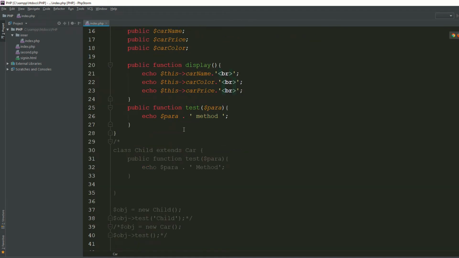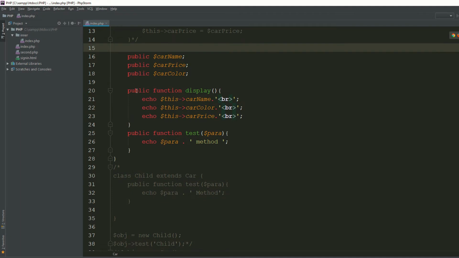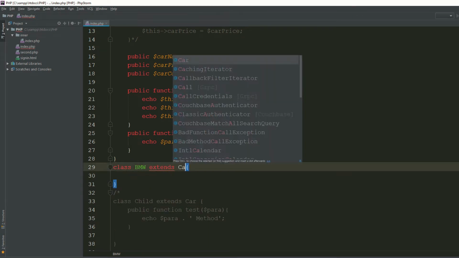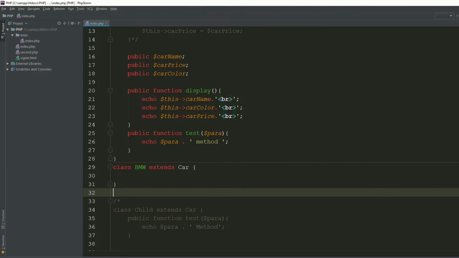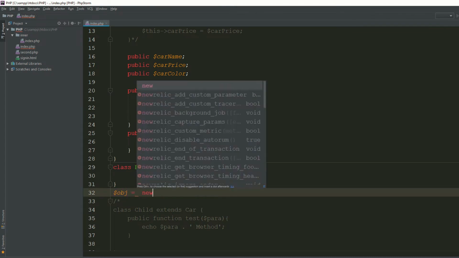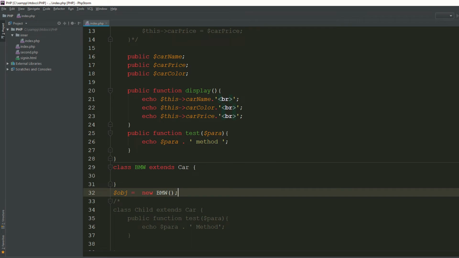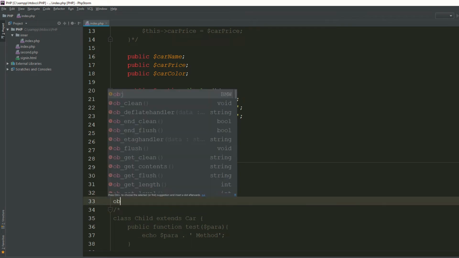Now I'm saying I have 3 properties and 2 methods. If I'm creating another class, suppose BMW, and now I'm saying it extends Cars. When I create the object obj with the new keyword, new BMW, and now obj,